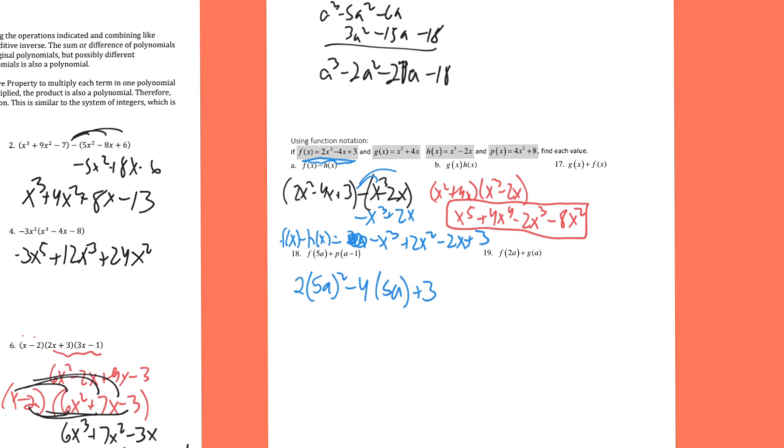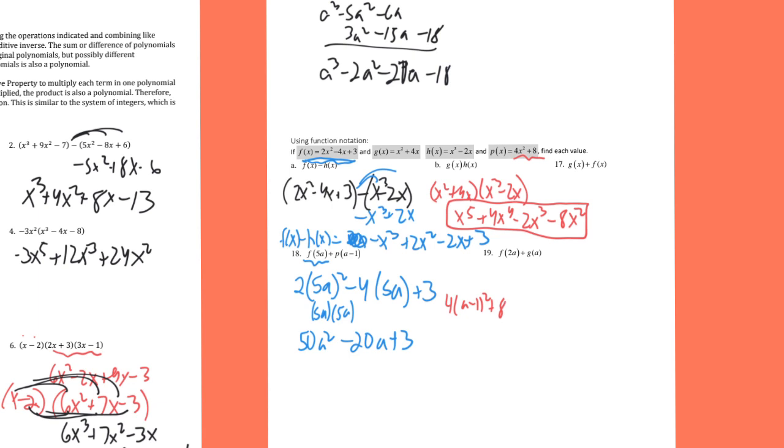Okay, so then you do the power, you do 5a times 5a, and you get 25a squared times 2 is 50a squared, and then minus 20a, and then plus 3. That's what you get when you do f of 5a. Then when you do p of a minus 1, well, this is p, so you got to do a minus 1. So p of a minus 1 is going to be 4 times a minus 1 squared, and then plus